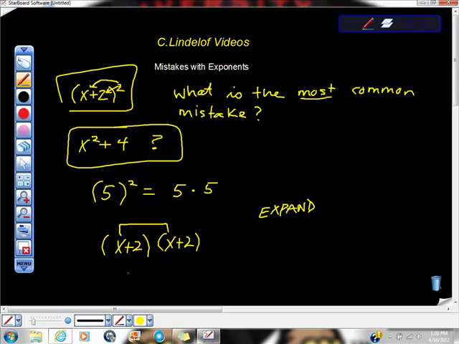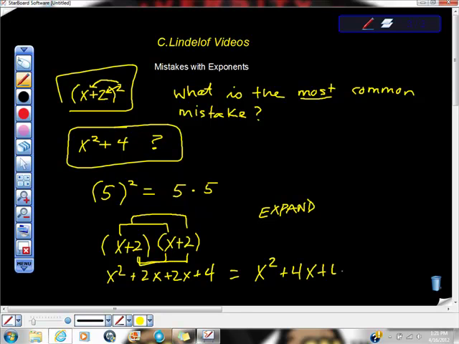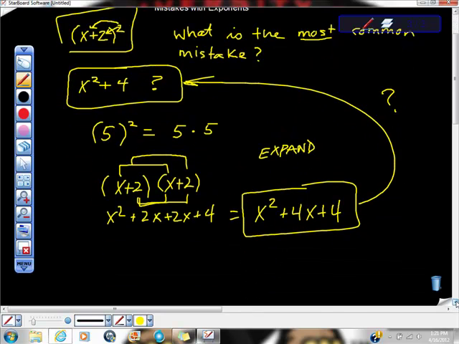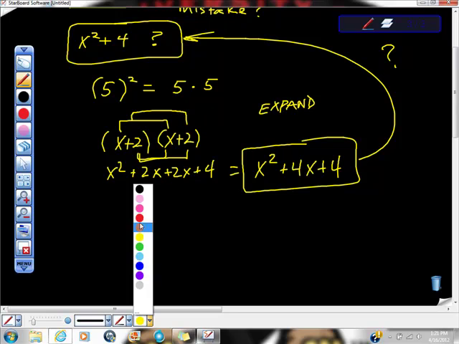We're going to do x times x is x squared. X times 2 is 2x. 2 times x is also 2x, so 2 more x's. And then lastly, 2 times 2 is 4. And we can say with some certainty that it's equal to x squared plus 4x plus 4. And then my question is, are these two equations the same? And they're not. I want to remind all of us that